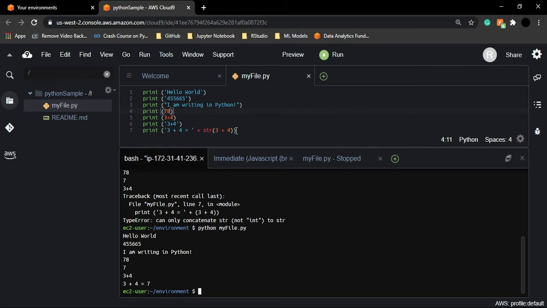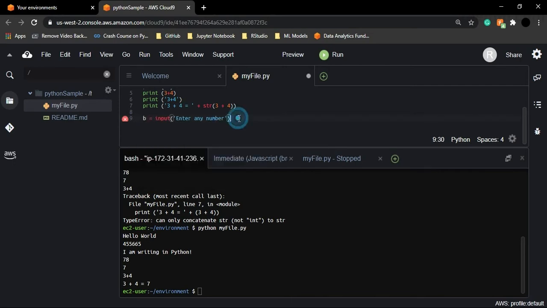Now one more thing is the input function. What is the usage of this input function? Suppose you want to take an input from the user, then how can you do that? For this we have an input function. In the input function you can provide any message, suppose enter any number, and this is your input function, right? Now whatever input we get, we can store it anywhere, let's say in a variable called b. Then we can print the value of this variable. So we can write print b like this. Okay,